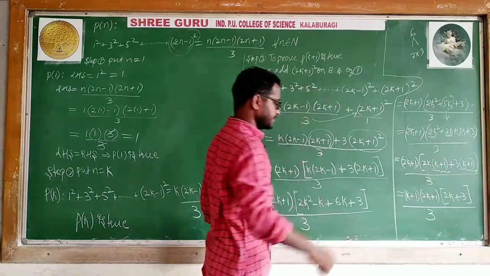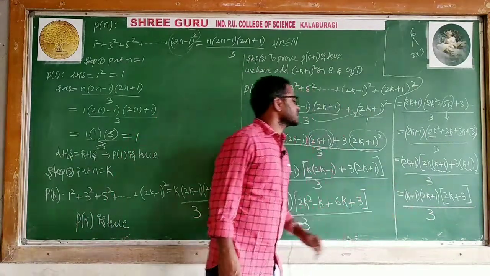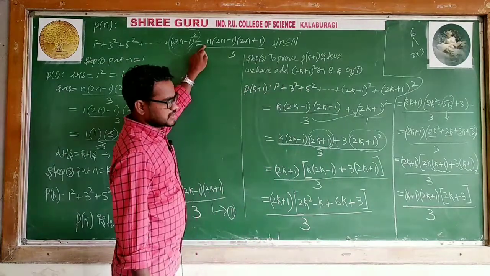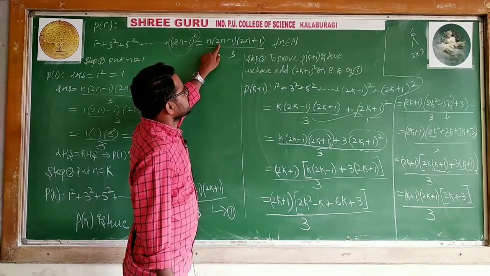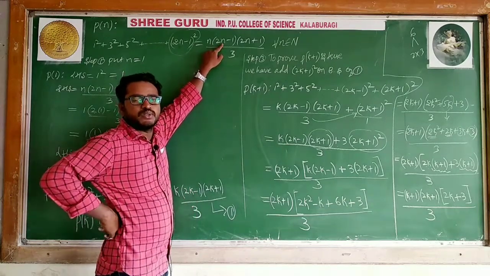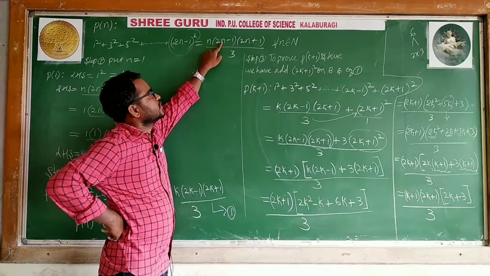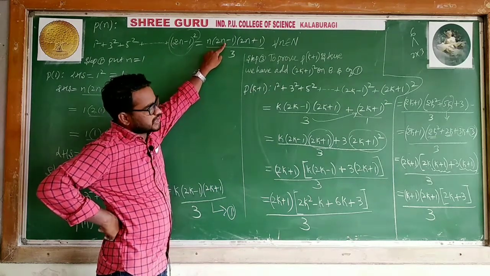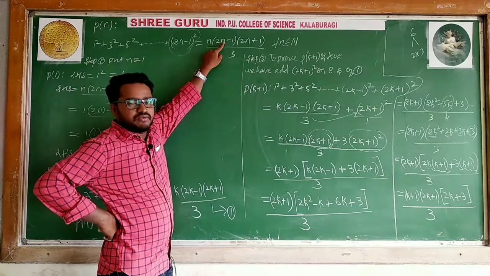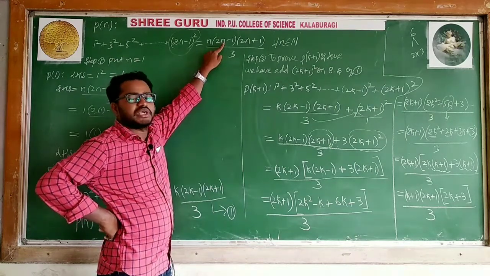Now this is the thing. N place is k plus 1. Instead of getting 2n minus 1, I need to get 2 into n place, that is k plus 1, so 2 into k plus 1 minus 1. But earlier it was 2k plus 1. When it is 2k plus 1, I can make it 2 into k plus 1 minus 1.